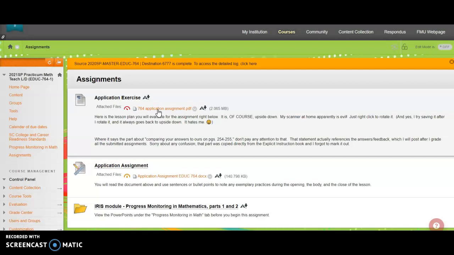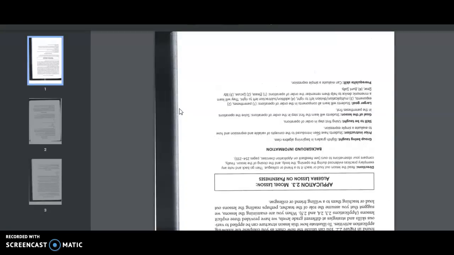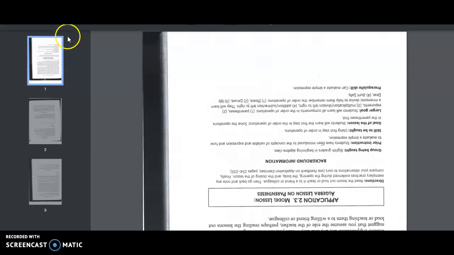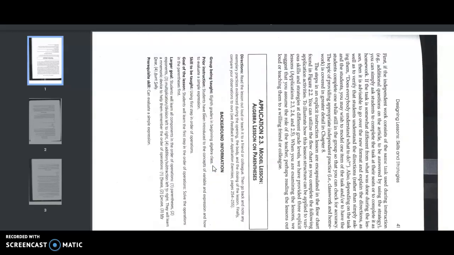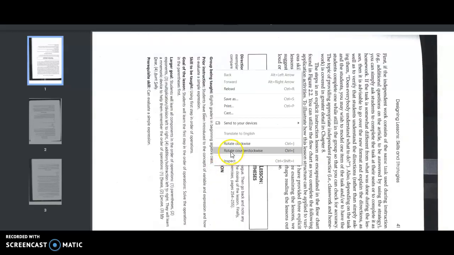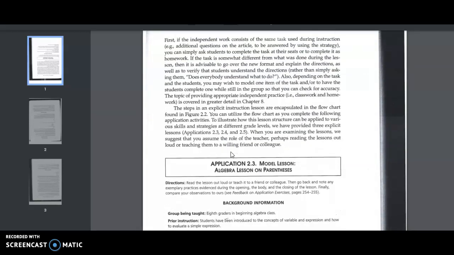Again, if you have the textbook, great. If you'd rather look at the hard copy, that's perfectly fine, but you certainly do not need the textbook. And of course it is upside down, and I promise y'all, I try saving it after I rotate it. It always goes back to upside down. So anyway, I just like to make things super fun for you. So you'll just need to right click. On my computer, it's just right click. Sometimes you have the option to rotate clockwise and counterclockwise. So just choose, right click again. Which way did I go? Okay, I had to think about it.